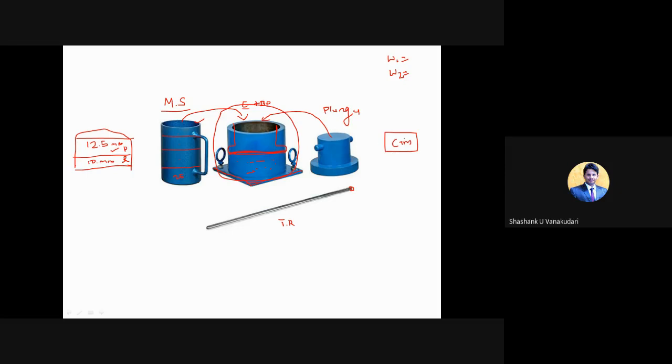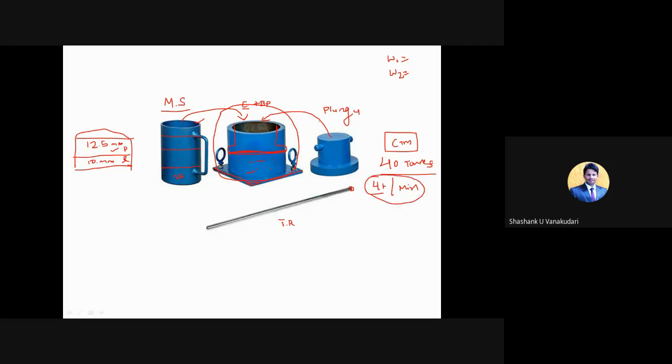Okay, so now through that CTM machine we go on applying the load. So how much load do we need to apply? Total 40 tons. So total 40 tons of load we need to apply on this entire setup which is placed in the CTM machine. How are they going to give this 40 tons? 4 tons for every minute. So for every minute they provide 4 tons, and for a period of 10 minutes it is going to complete this 40 tons, right? So this is the rate of loading.